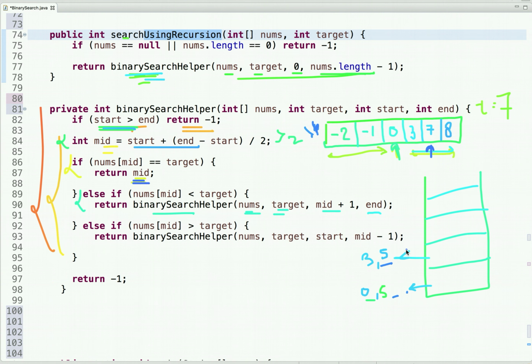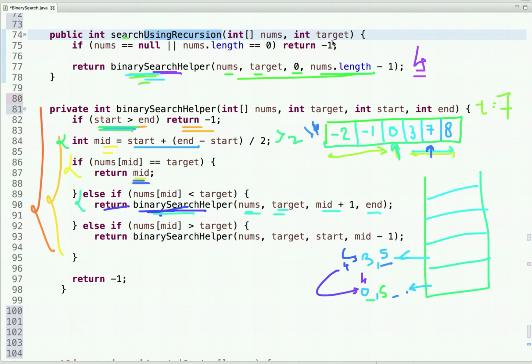From this method call, we get the value 4. This call stack was put when we called binary search helper through this method call. So now it will get the value 4, return to this method, and this method will return the final value, which is 4.